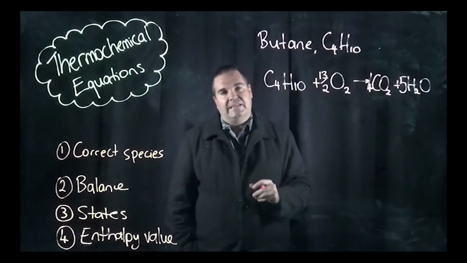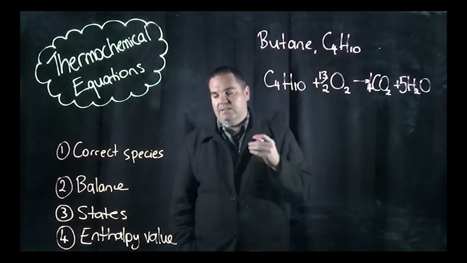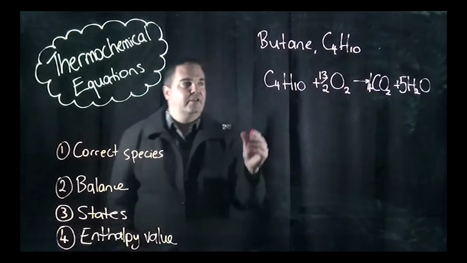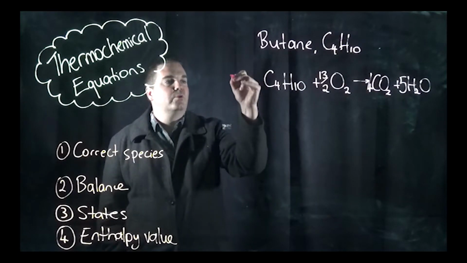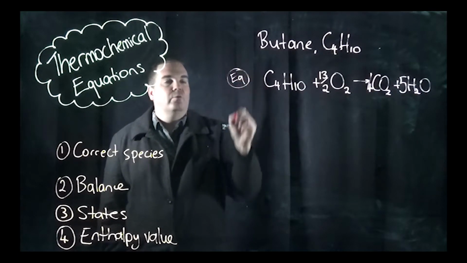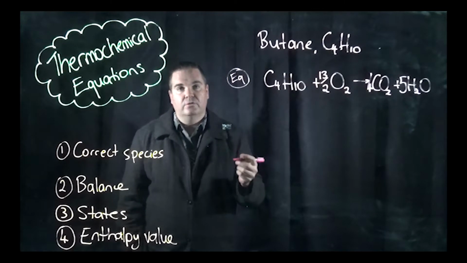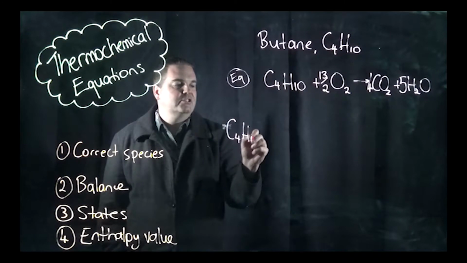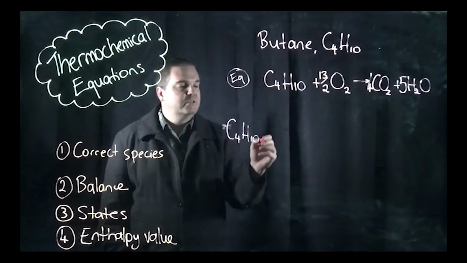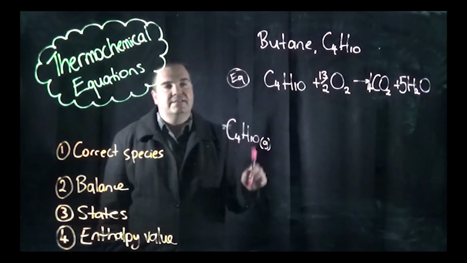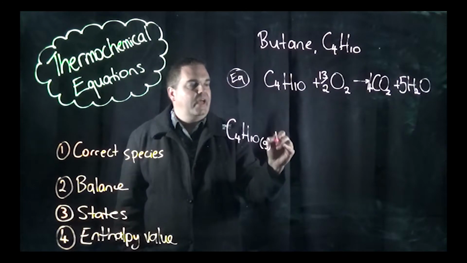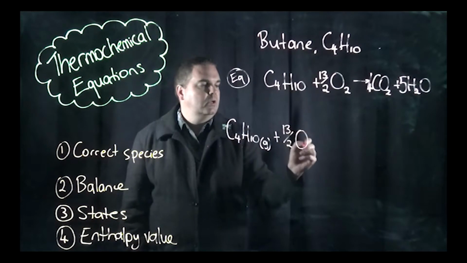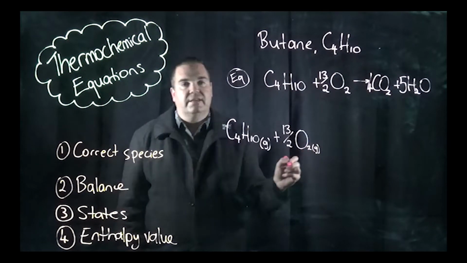If we're going to write this as a thermochemical equation, however, we need to add in the states and the enthalpy value. So because I've run out of a bit of room, I'm just going to move over and rewrite it now. So that's a normal equation. Okay, what I'm going to do is now write it as a thermochemical equation. So we've got our butane, C4H10. Now butane is a gas at room temperature, so the state it's going to exist is as a gas there. Okay, we're going to add in 13 over 2 oxygen, and oxygen exists as a gas at room temperature